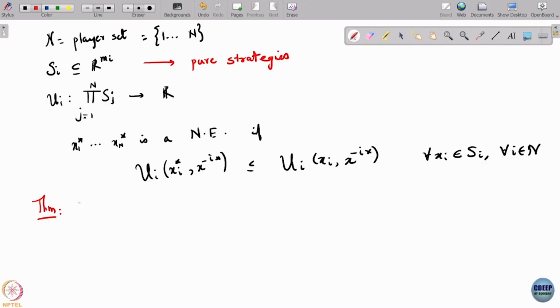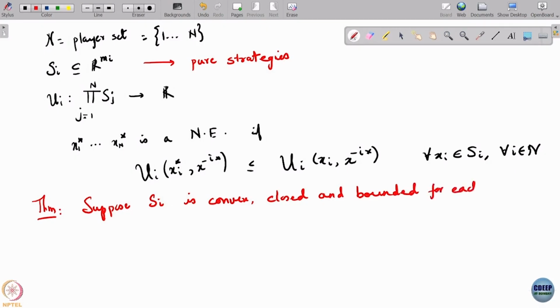That is the theorem that I will write out here. So the theorem is this. Suppose S_i is convex, closed and bounded for each i in N, and